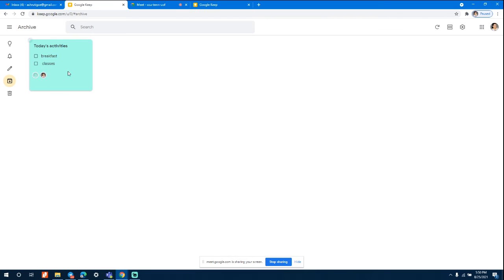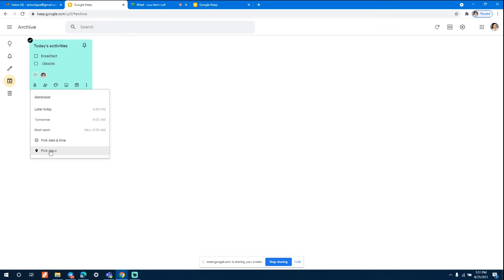Another feature about this, which I would not actually recommend, is that you can also add your Google Map to it. When you add your Google Map to it, and let's suppose you've got a shopping list in place, as soon as you reach that area, this list will pop out. It will send you a reminder that these are the things that you have to buy. I have disabled that on all my apps, because I feel that it is not good.